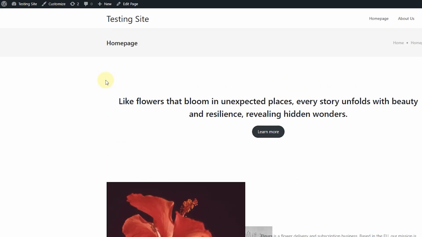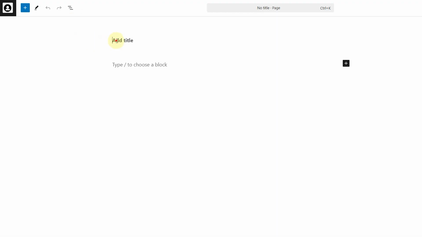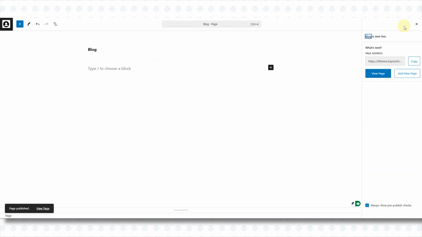Once you have created your page or already have one designed, click on this Add New Page button again to create a blog page. Let's name it Blog. You can either name this blog, post, or news, whatever you want. Just name it what suits your brand. This page title will be the name of the page where the blog resides, so having a catchy title really helps. Once you have named it, hit the Publish button, and that's it.